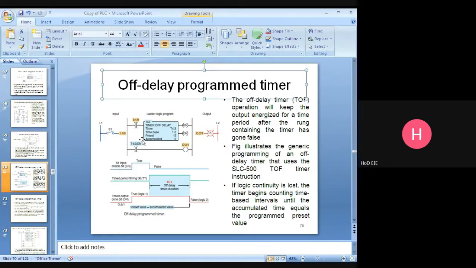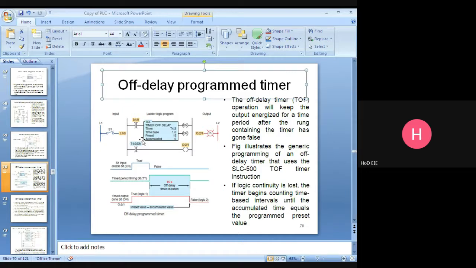So here only the off action is delayed. If you switch on the light, immediately the light will glow. If you switch off the light, after you set some seconds, 5 seconds, 10 seconds, after 10 seconds only the light will go off. Understand the concept?